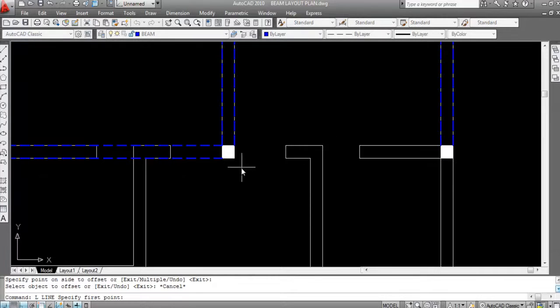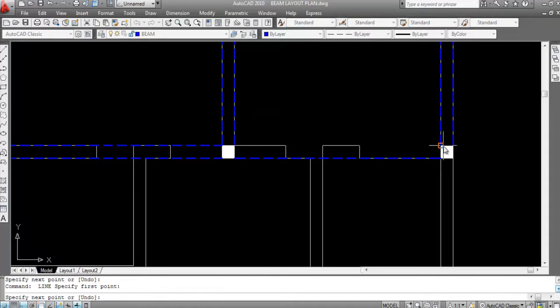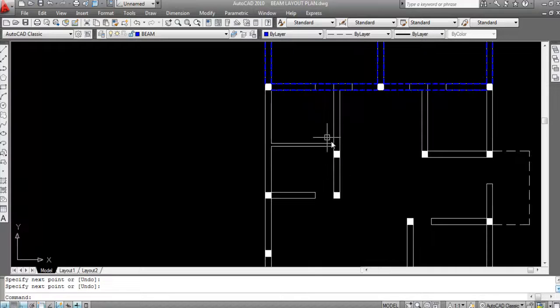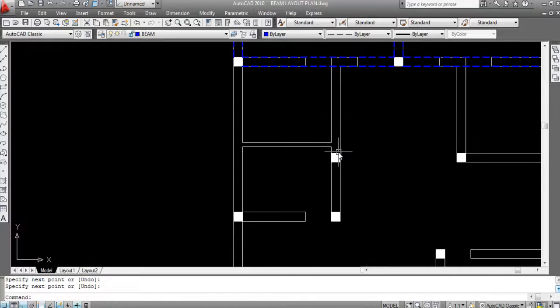So I'll enter. Specify first point here. Now second point here. Now I'll draw a line here connecting these two columns. So this is done. You can also use offset command here. Now I'll provide beam here by connecting this column and this beam. Okay, I'll enter. Now specify first point here and close this with this beam. Okay,